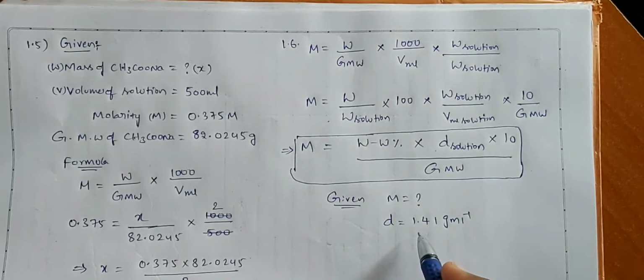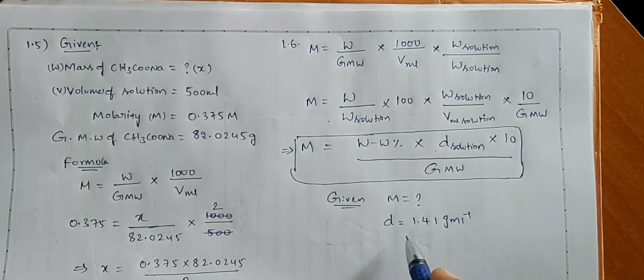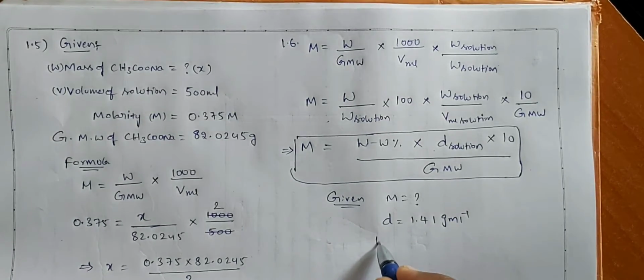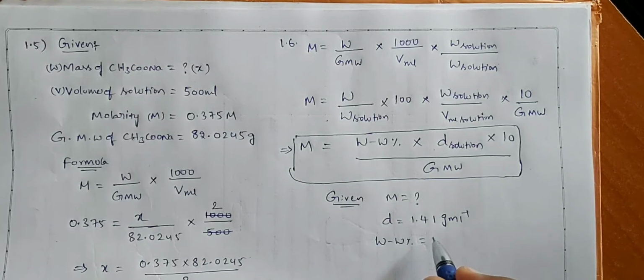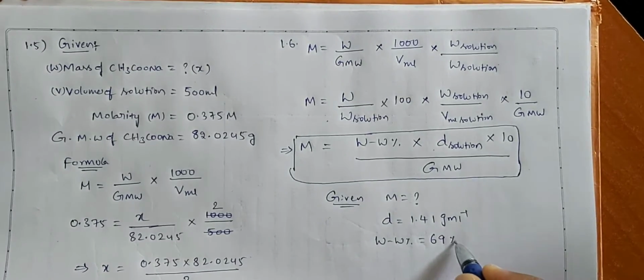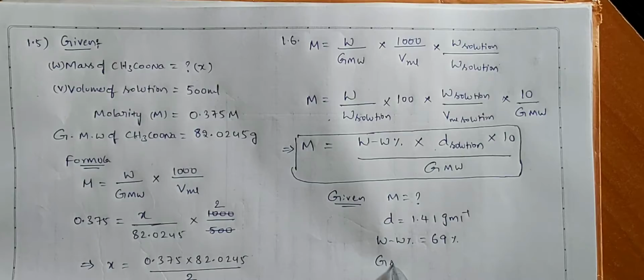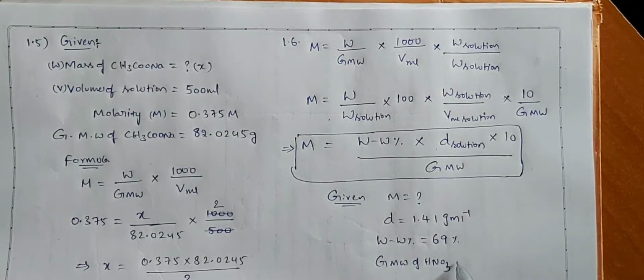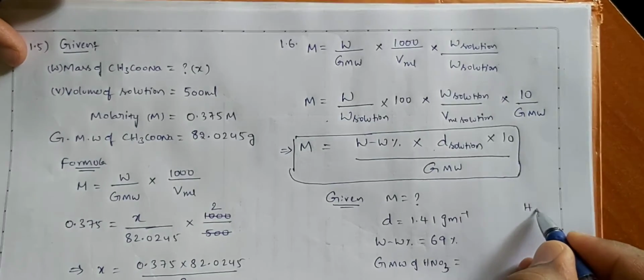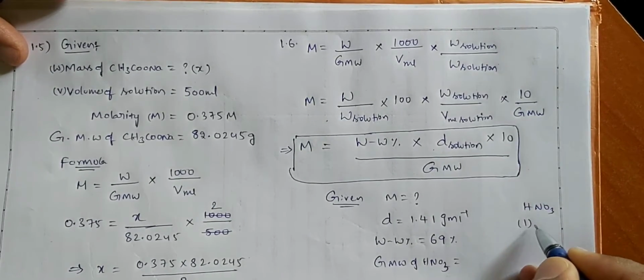Mass percentage, that is nothing but weight percentage, is equal to 69%. Gram molecular weight of HNO3, that is nothing but solute, is equal to HNO3, 1 into 1 is equal